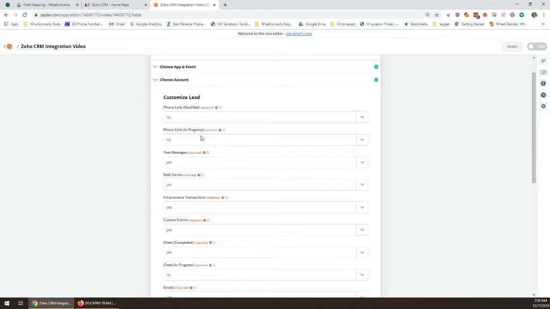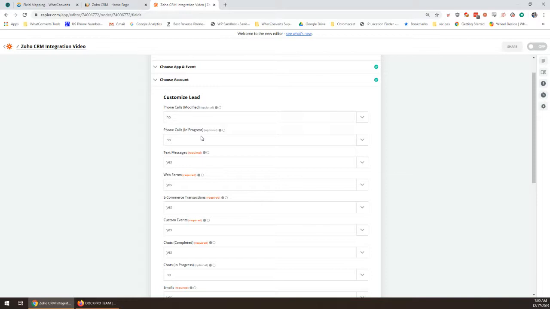Phone calls in progress will send the phone call to the next step of the Zap, which is sending it to your CRM while the call is in progress. So as soon as the call happens, a lot of people like to use this